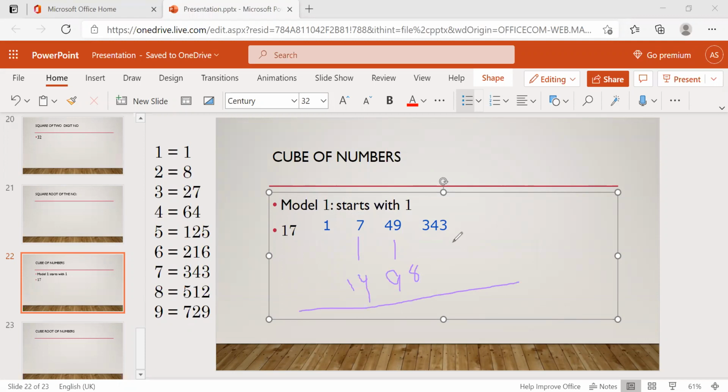Now, add this. Here I said you have to take only one digit, right? So 3 I am taking here, and 34 is a carry. I am writing 34 here. Now 34 plus 49 is 83. 83 plus 98 is almost 100 and 83. Sorry, 181.